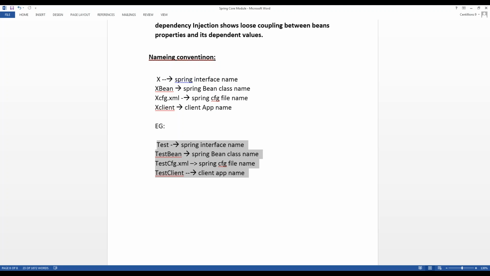And constructor injection, by using constructor injection we can develop one more application, and the interface injection. If you understand setter injection, constructor injection and interface injection, we can easily understand the remaining things, like how to use interfaces in the configuration for different kinds of banking applications. Like in a banking application, we use different kinds of activities, like deposit money or withdrawal money, or sometimes we have to do a transaction amount.